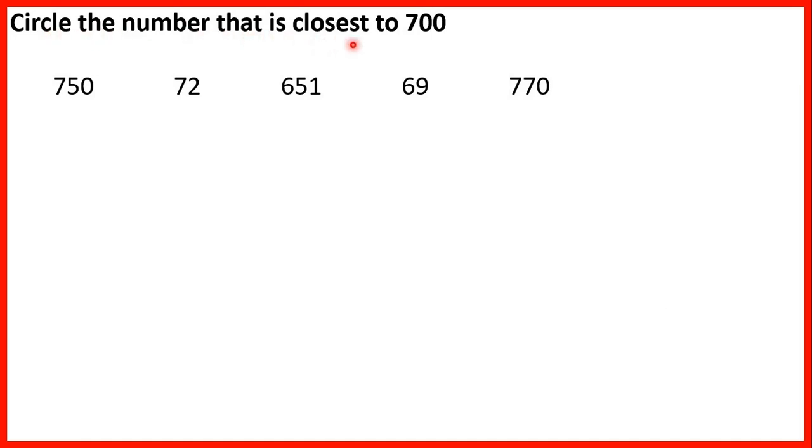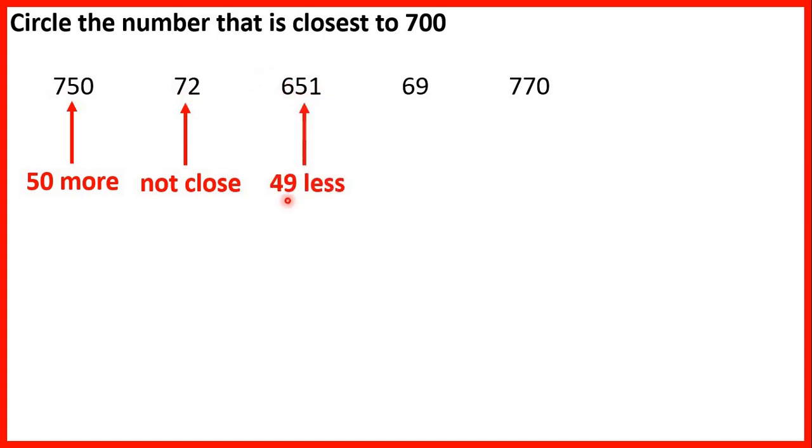Circle the number that is closest to 700. First, we have 750, so that's 50 more than 700. Now 72, that's not close to 700 at all. 651 is 49 less than 700. That's because if we work out 700 minus